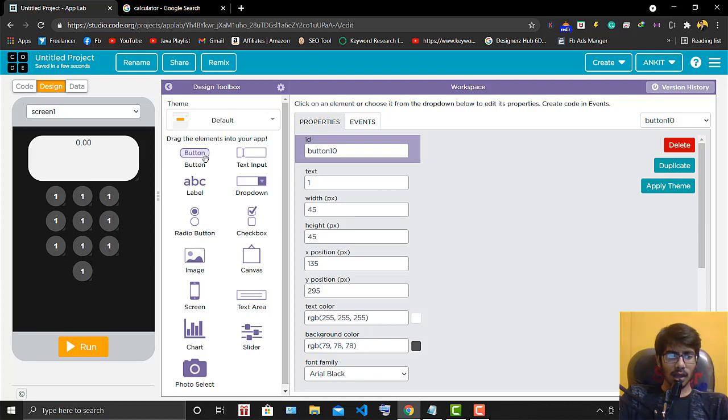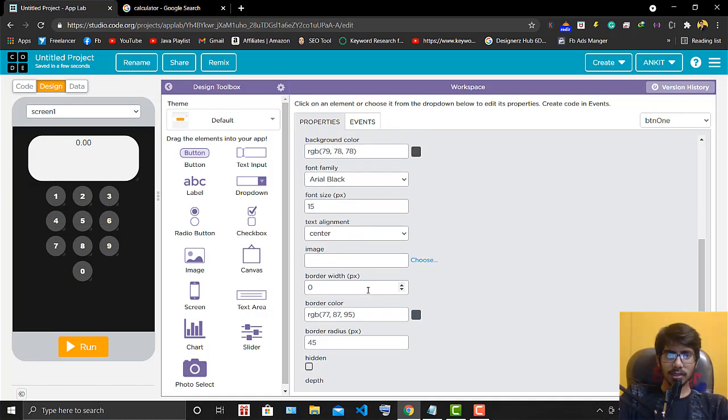Now I will make more buttons, I mean just press here, and I will make it button 1, btn 1. I will just put 1 here, okay. Now here I will write 2, so btn 2, and here I will make 2. So number by number we should make this, okay. 3, here would be 3, here it is btn 4, here we should make 4. Now here is the btn 0, so button 0. Now here I will press 0, very perfect.